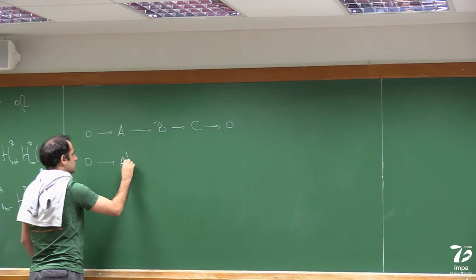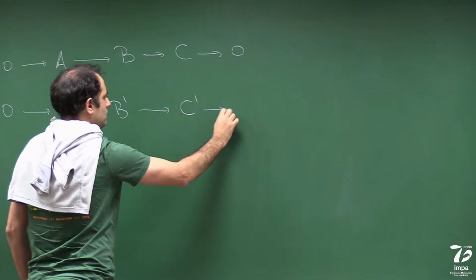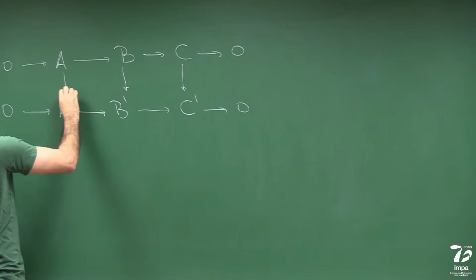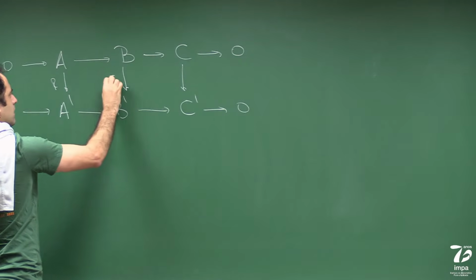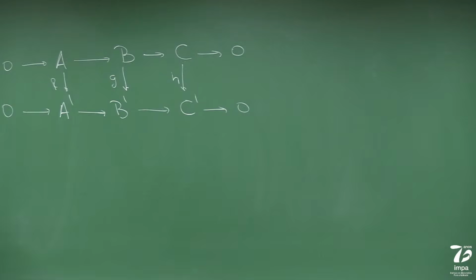Another one like this. And we have 3 maps like this. And let's suppose the arrows are exact. So if the arrows are exact and I have these two short exact sequences, then I can view this as